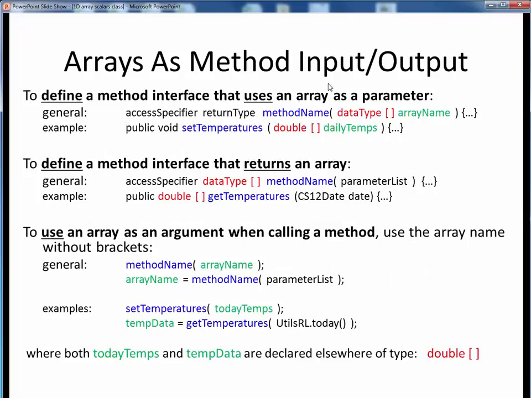First of all, how do we use arrays as inputs and outputs of methods? Here are several examples, and in all of these, method names appear in blue, array data type declarations appear in red, and array names appear in green. To define a method interface which uses an array as an input parameter, simply specify the input array parameter as being of some array data type, using these square brackets. In this first example, this method's access specifier is public, its return type is void, the method name is setTemperatures, and this method expects as input an array of doubles called dailyTemps internally,